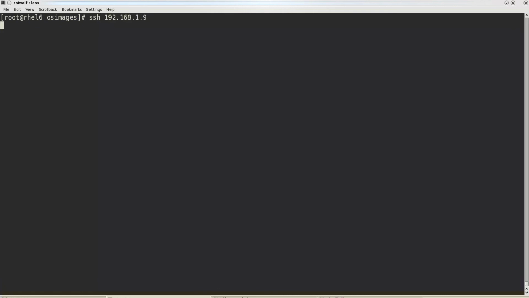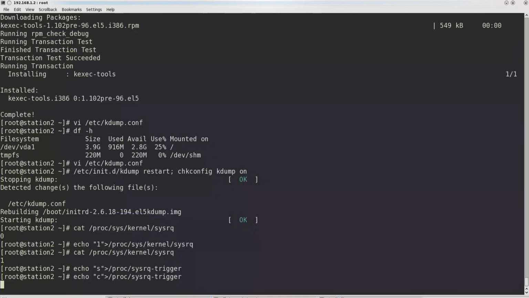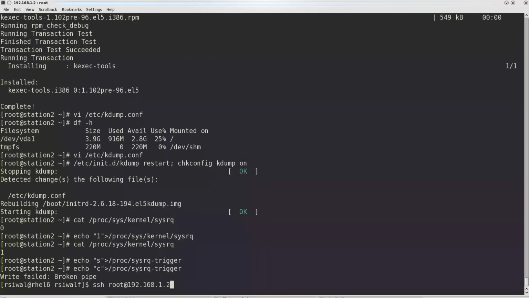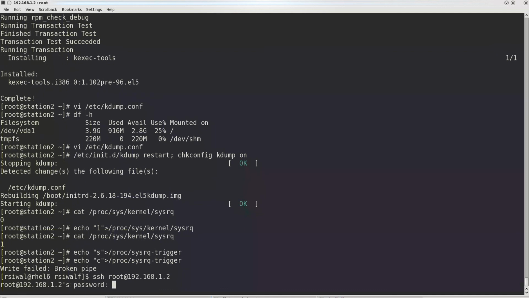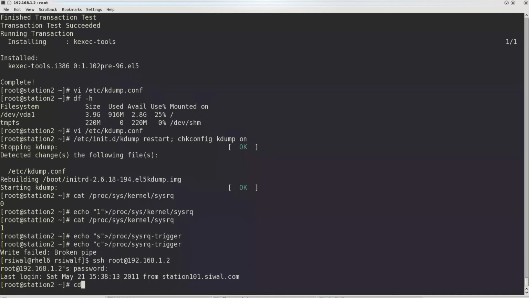In /var/crash, this is the folder, this is the date, 21 May 2011, the IP address for the localhost, and it's created at 15:41, and the present date time is 15:43.